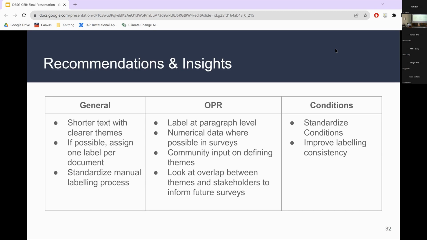As well, we noticed that the definitions or priorities between teams and organizations were different. Reconciliation was the most frequent theme for Indigenous participants, and for industry, for example, it was competition. So different stakeholders have different relationships to these themes, and having their input on how the CER relates to these ideas would be helpful, because somebody's definition of environment will differ depending on their context, or somebody's definition of communication may differ depending on their context. Lastly, we want to mention that the overlap between themes definitely complicated our analysis, but it is a true pattern in the data that exists for a reason.